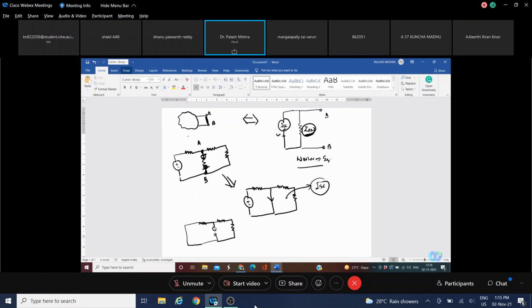So the value of this element will come into the picture only after you draw the Norton's equivalent. Otherwise, the value of the element connected between those two terminals has no significance until you find ISC and ZTH. In ISC, this terminal is short circuited. In ZTH, this terminal is open circuited. Whatever Z equivalent comes in these two terminals will be your ZTH. We will discuss a question that will give you more insight about the application of Norton's theorem. So just take down this very simple question related to Norton's theorem.